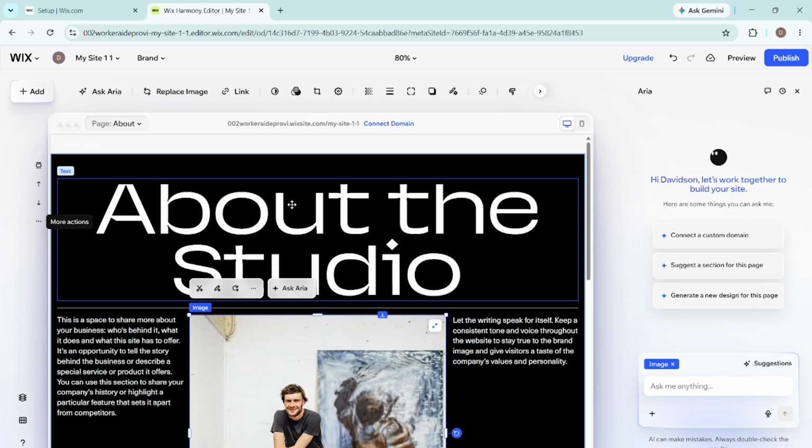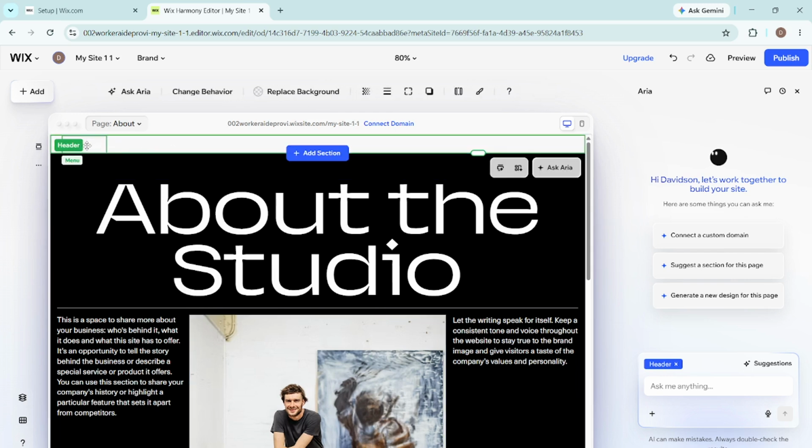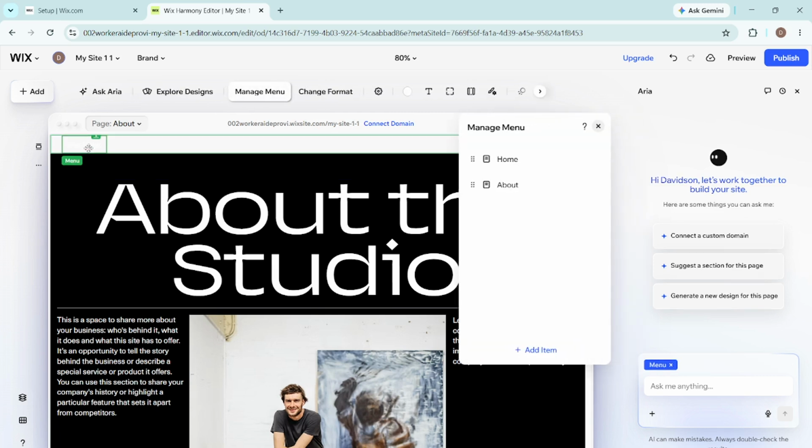Next, click the menu element on your canvas header. In Wix Studio, the menu is usually shown as a navigation component near the top area of your site. You can think of this as the container that holds your navigation items. When you click it, look for the menu panel to open or for the menu options to become available. If you do not see the menu options right away, try clicking the menu area once more so Wix Studio